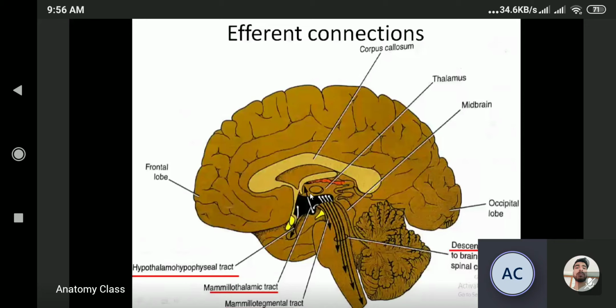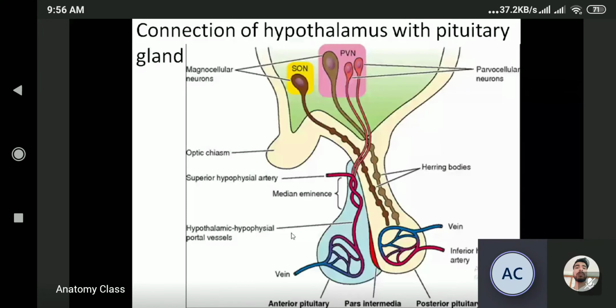Hypothalamo-hypophyseal tract. This is now the important one. The hypothalamo-hypophyseal tract connects the hypothalamus with the pituitary gland, that is the hypophysis cerebri. The hypothalamus is connected with the pituitary gland in two different pathways. The first pathway: the paraventricular nuclei and supraoptic nuclei of the hypothalamus are connected with the posterior lobe